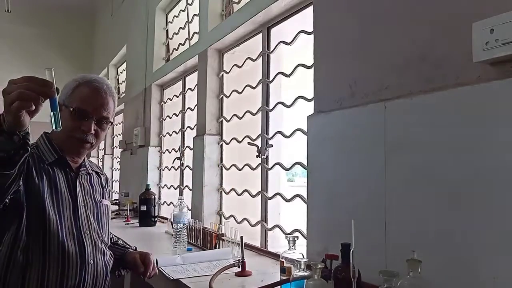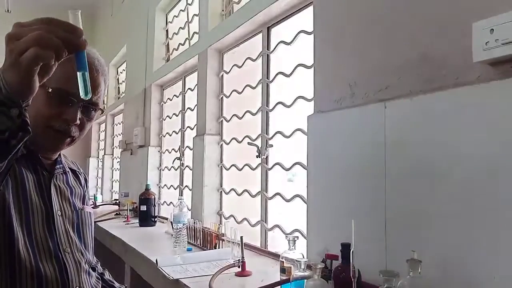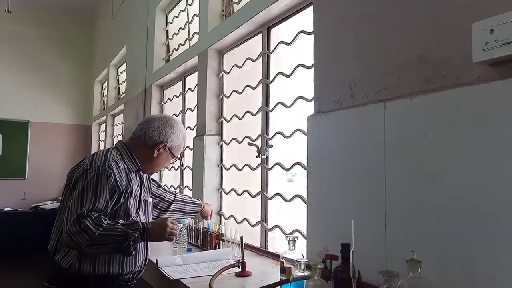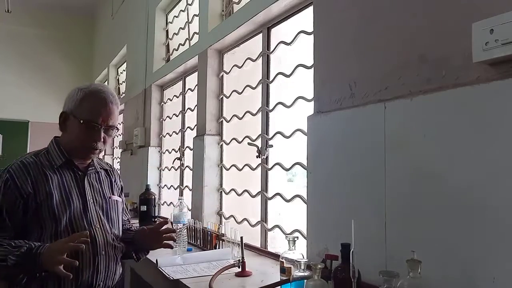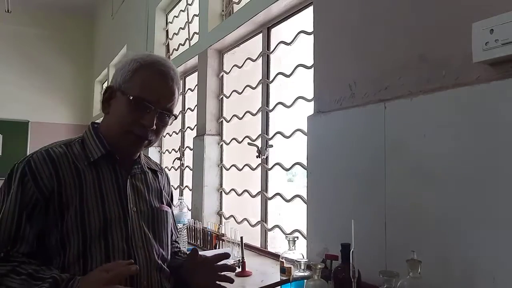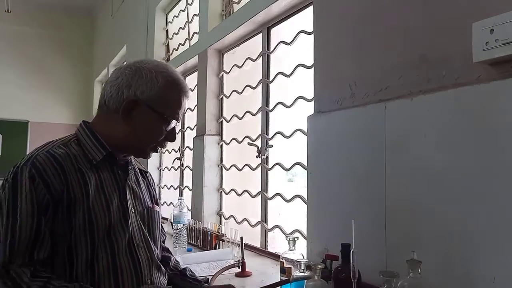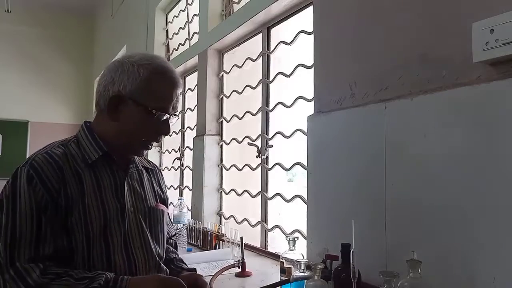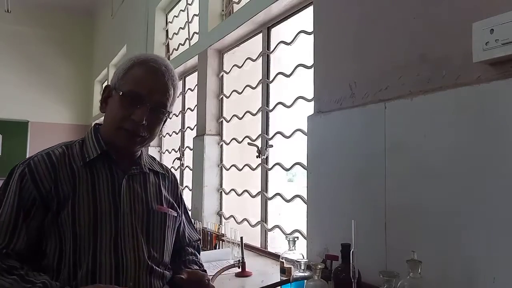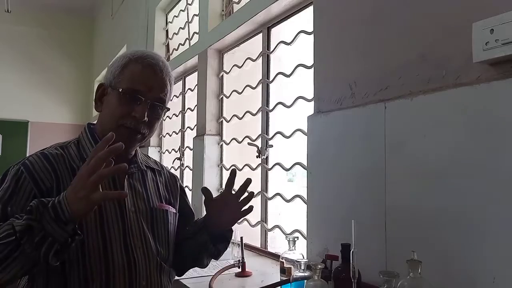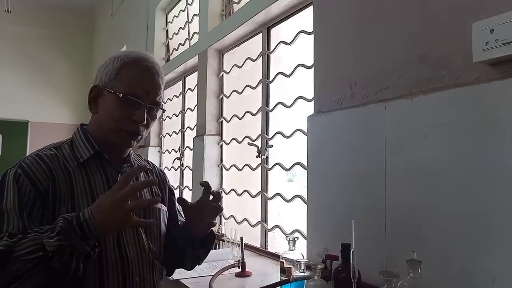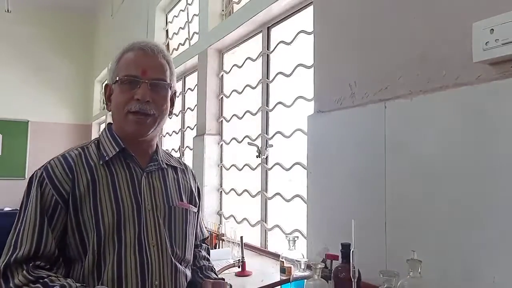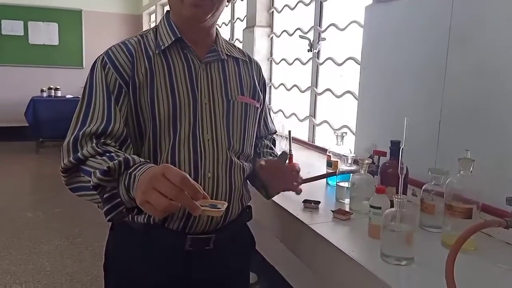with copper sulfate and sodium hydroxide, ammonia NH4 plus confirmed. So that is our today's report. The cation or the basic radical present in this salt is NH4 plus, the ammonium ion, and the anion or the acidic radical present is Cl minus, the chloride ion. So the name of the salt is ammonium chloride. Now I have concluded: this is ammonium chloride.